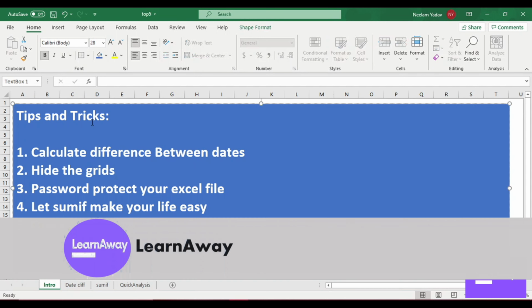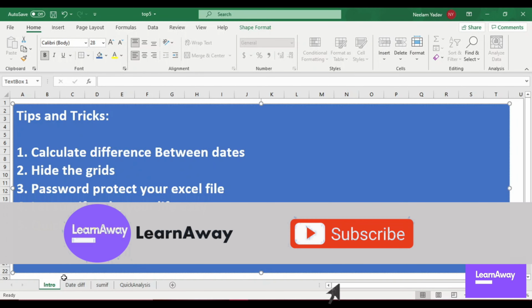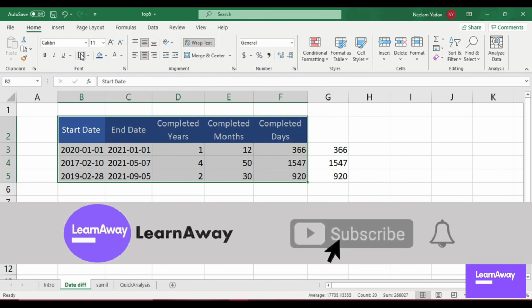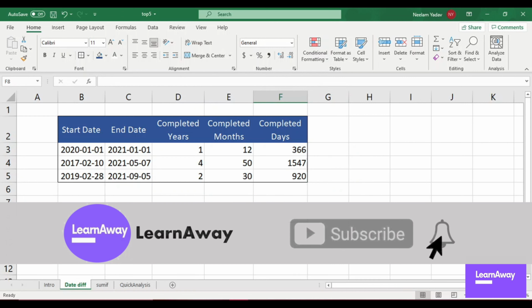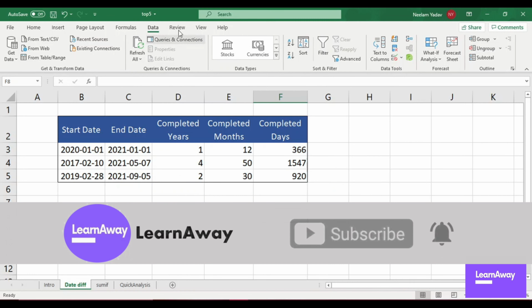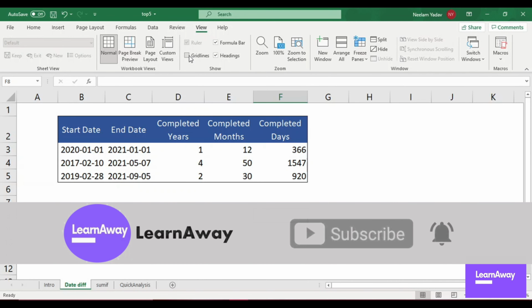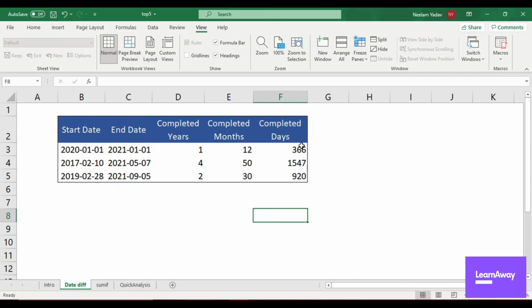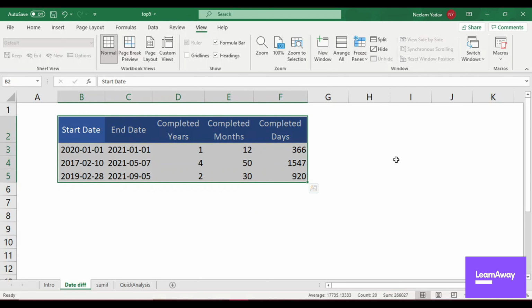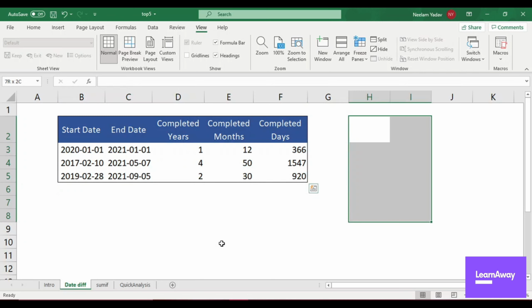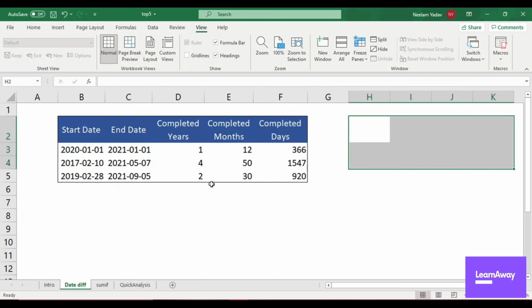Now we'll go to the next one, hiding grids. So usually we do that only if we need to present our data somewhere and we want our sheet to look tidy and clean. So for that, what we can do is go to view, just unclick this grid lines. You will see that the grid lines are gone. And if you have data in a very beautiful format, if you format this table, if you have many other charts here, something like that, then the sheet would look really beautiful. And if you're making a dashboard, then this is a blessing, guys.